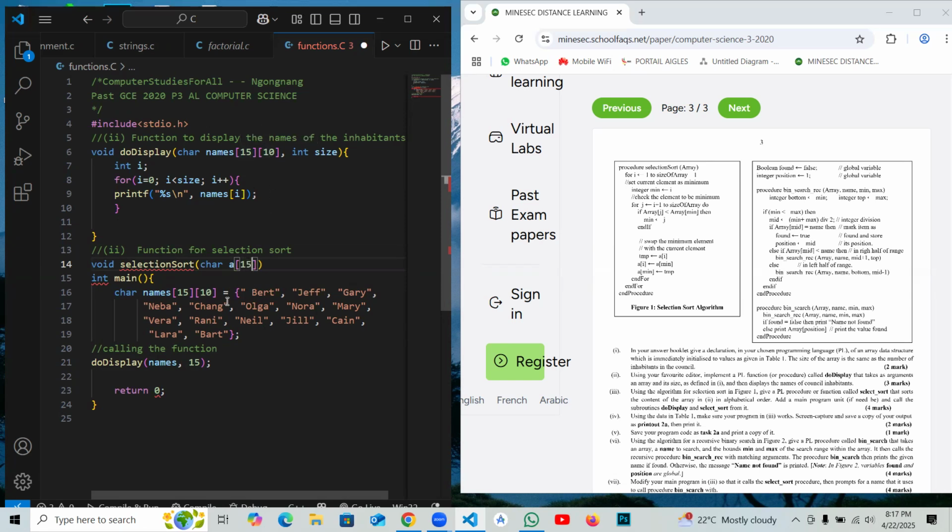So I just put 15 there and then put 10. And they said it's going to take into consideration the size. Let me see again. They say procedure function that sorts the element. Anyway, here, once it takes the size, the array size must be